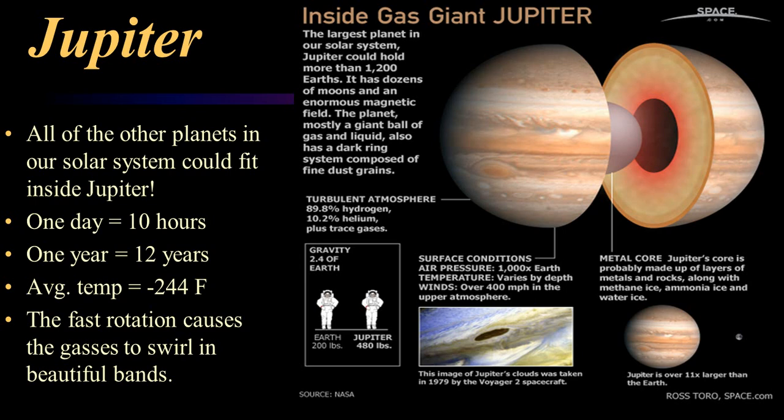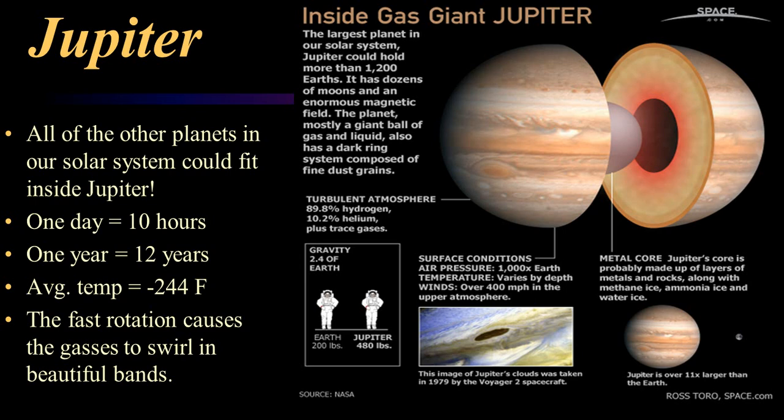It's spinning so quickly, 10 hours to spin around one time for one day, that those gases and things are just swirling around in it. So those beautiful swirls that we see on Jupiter are really gases. They're going very quickly, and they're going even the fastest around the middle, around the equator of it. It has lots and lots of moons. I can't even tell you how many moons it has because they're always finding new ones. So it's upward to 60 different moons on there.